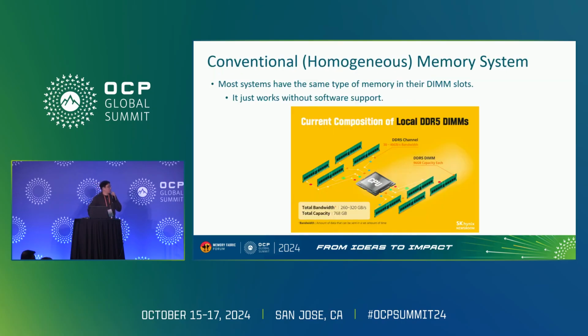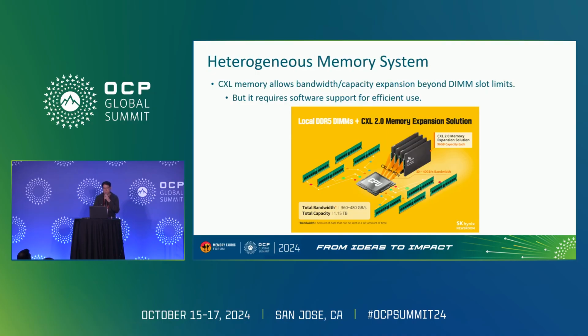Okay, so a conventional memory system consists of only the same types of memory in its DIMM slots. So it just works, and we don't have to have any special software support. But by expanding the memory beyond the DIMM slots, we can have CXL memory. With CXL memory, we can expand the bandwidth and capacity, but it requires some software